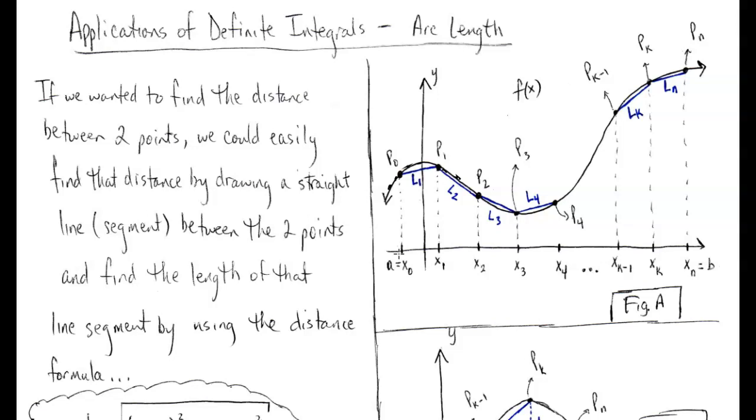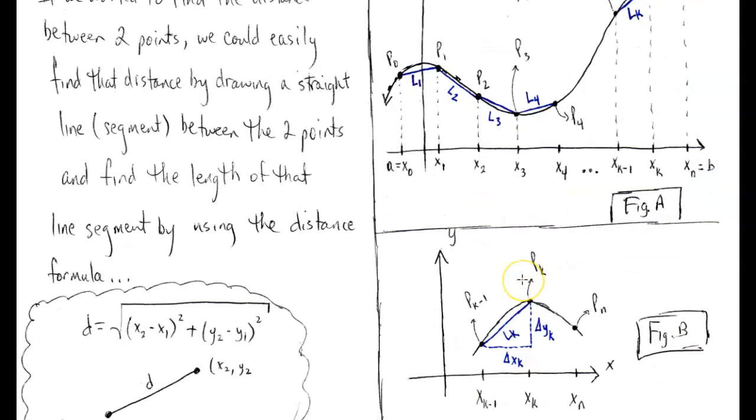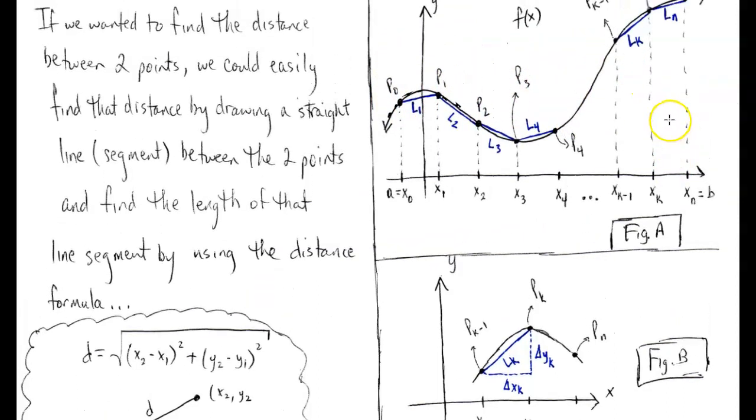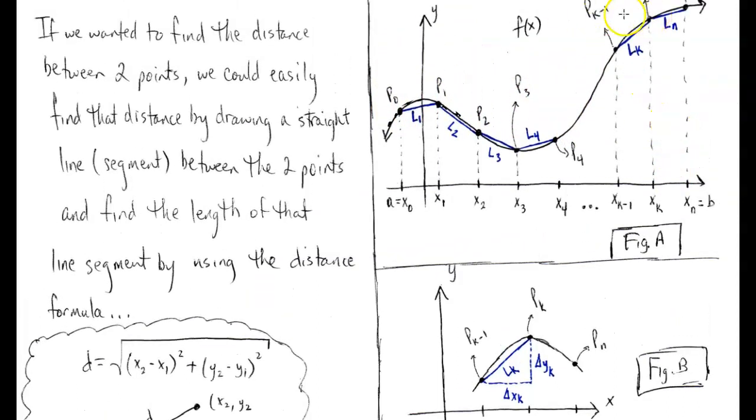we see that we have these divisions that we could do. Each division here would be a length of delta x sub k. And what I mean by that is, let's say we zoom in on one of these. Yes, this is the one that I want to zoom in on. So let's say we want to zoom in on this situation here where we have the L sub k,